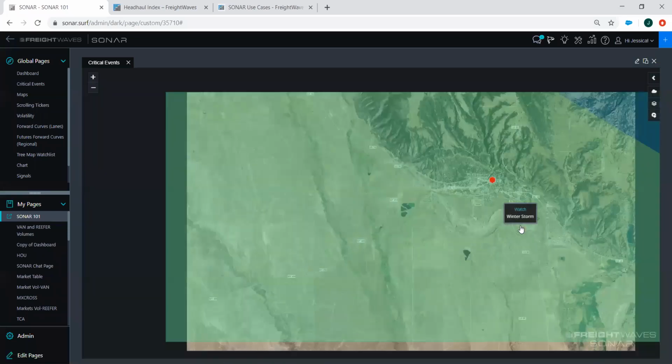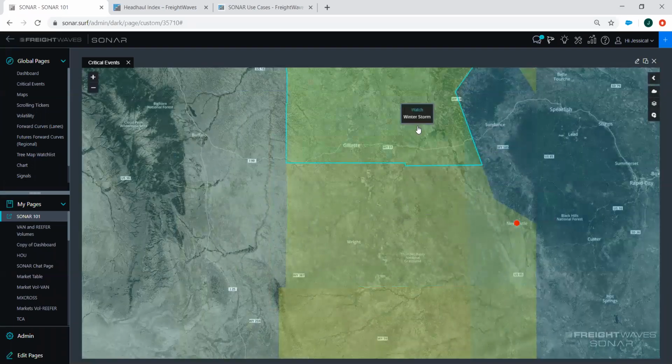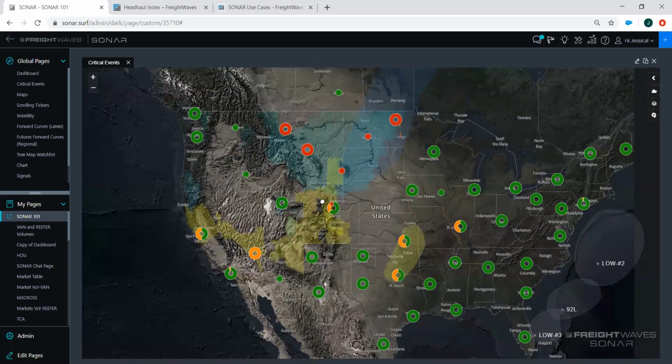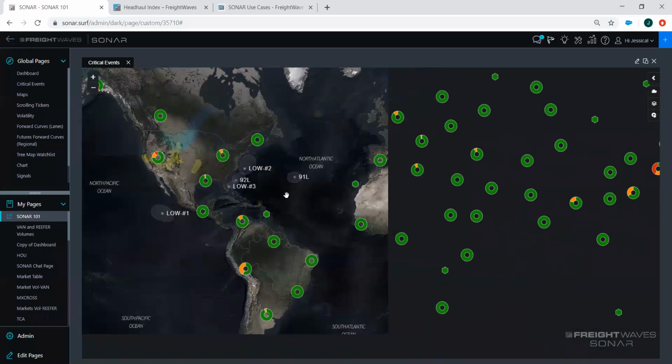And we also have shading that this is around, so you can see winter storm watch. And then let's see. It's all over here actually. Fire conditions and winter storm watch all in one. So that's like the weather portion when working with assets. The next thing I kind of want to show is the